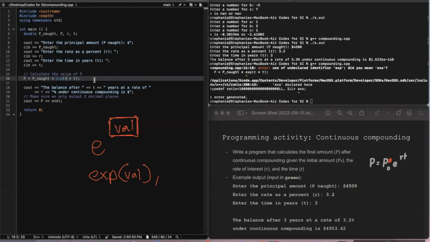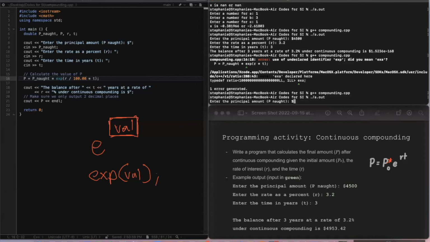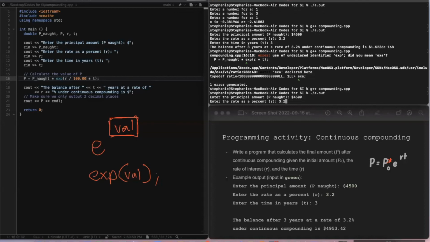One more thing, rate is a percent, so we divide rate by 100. Let's try this again. Okay, that looks good. Let's see, our principal is 4,500, 2, 3,